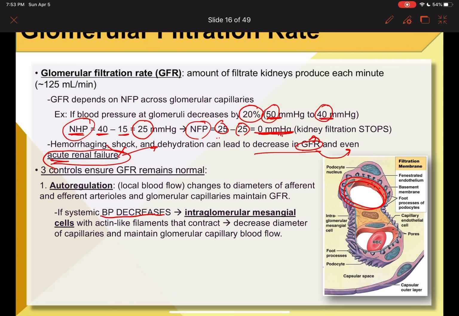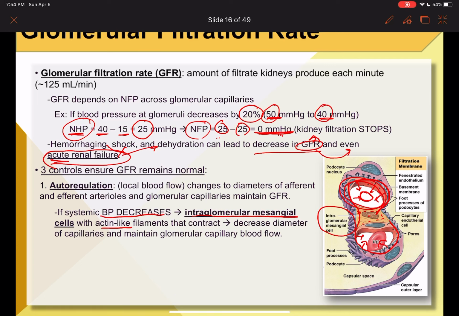okay, which then causes these intraglomerular mesangial cells, which is right here, all this brown tan area, those cells actually have actin-like filaments that will contract, okay? And when these contract, it actually wraps around this whole thing, okay? When it contracts, it will squeeze down on the capillaries, which decreases the diameter of the capillary itself to be smaller. So now it's a tiny little hole instead of a big hole, which then will maintain glomerular capillary blood flow,